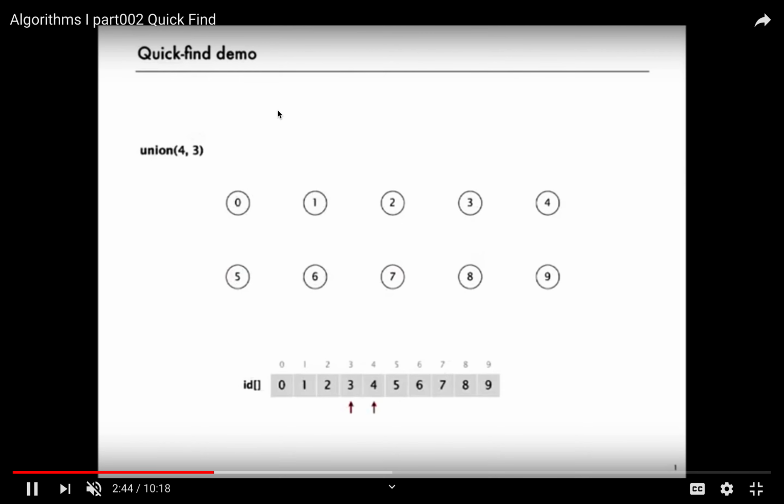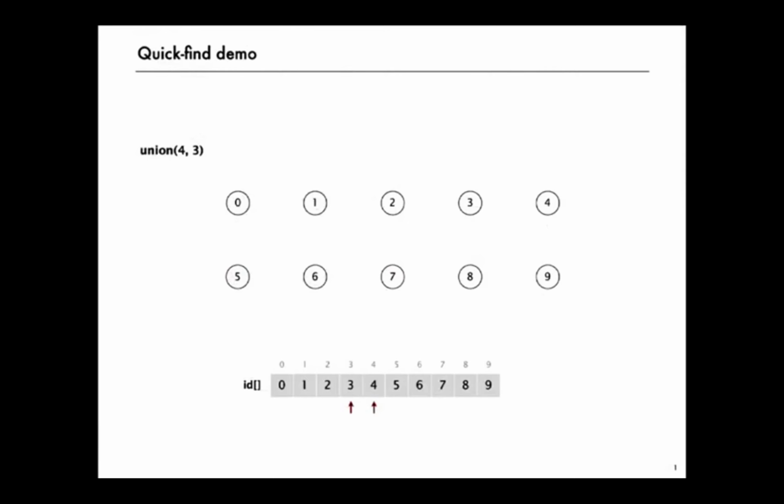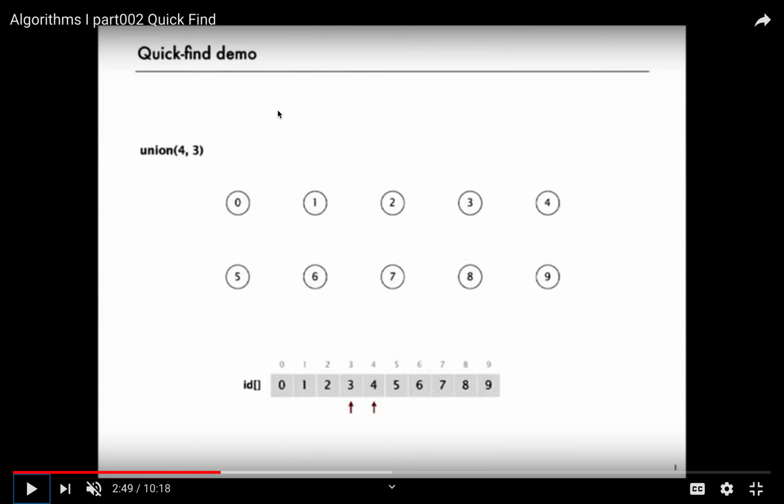So this is again from the famous demonstration. If we have union 3, 4, it shows we have 0, 1, 2, 3, 4, 5, 6, 7, 8, 9, and we have the IDs as 0, 1, 2, 3, 4, 5, 6, 7, 8, 9 as well. So union 4, 3 means these two, 4 and 3. If we had that operation, union 4, 3, we connected it,